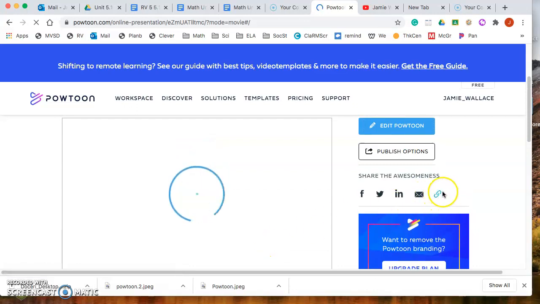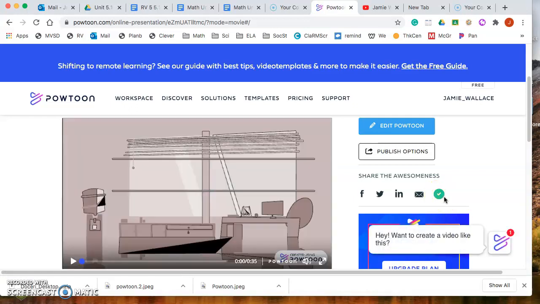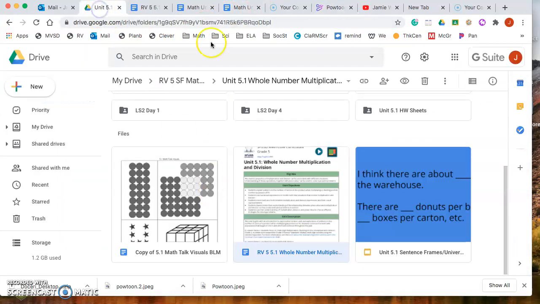So what you want to do is see this right here. This is the link button. So you want to click that, and when you have the check mark, it means that it has like Control-C. It's copied for you. And you would have to go back to wherever you are supposed to be copying it,